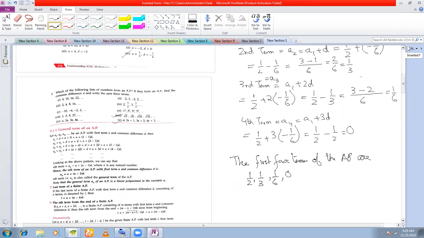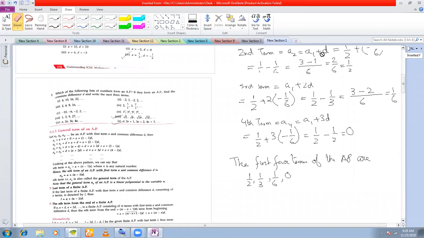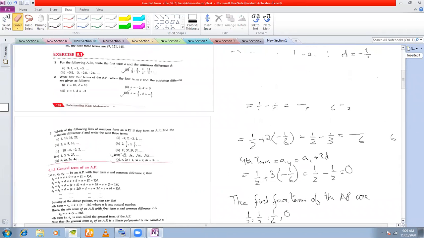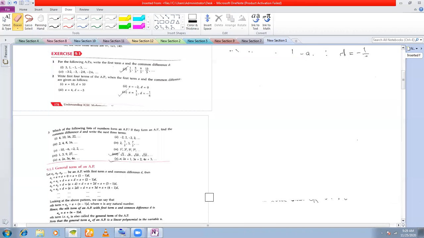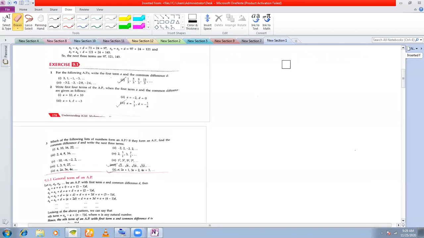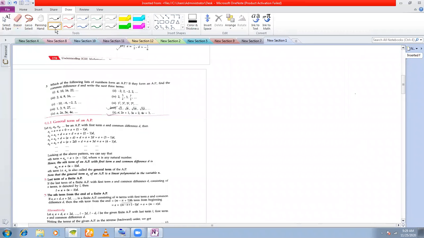Okay, let us see number 3. Only these two are the most basic kind of problems that you must be aware of in AP in order to move on to your higher problems. Okay, so let us move on to number 3, part 8. The question here is, which of the following lists of numbers form an AP? So you have to determine whether this forms an AP or not. And if they form an AP, find the common difference and write the next